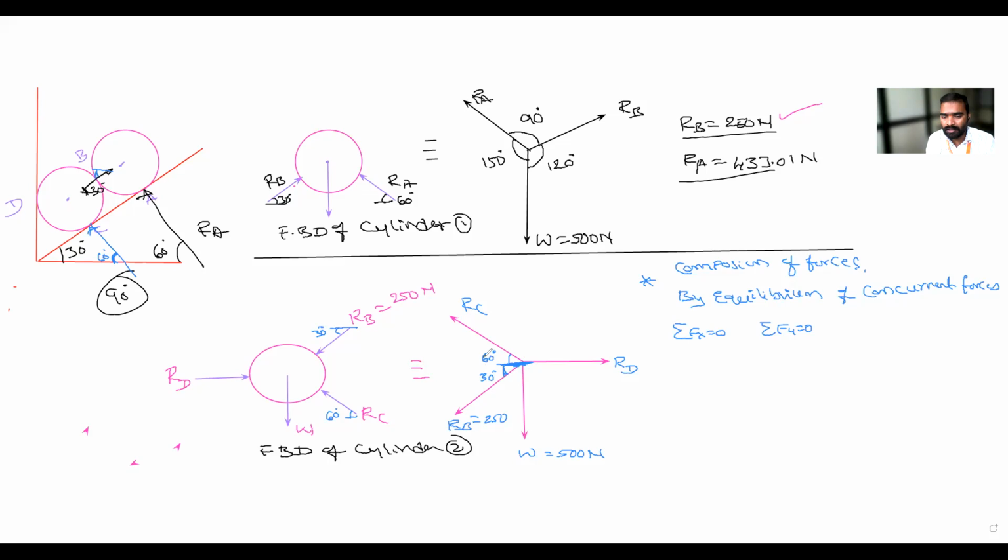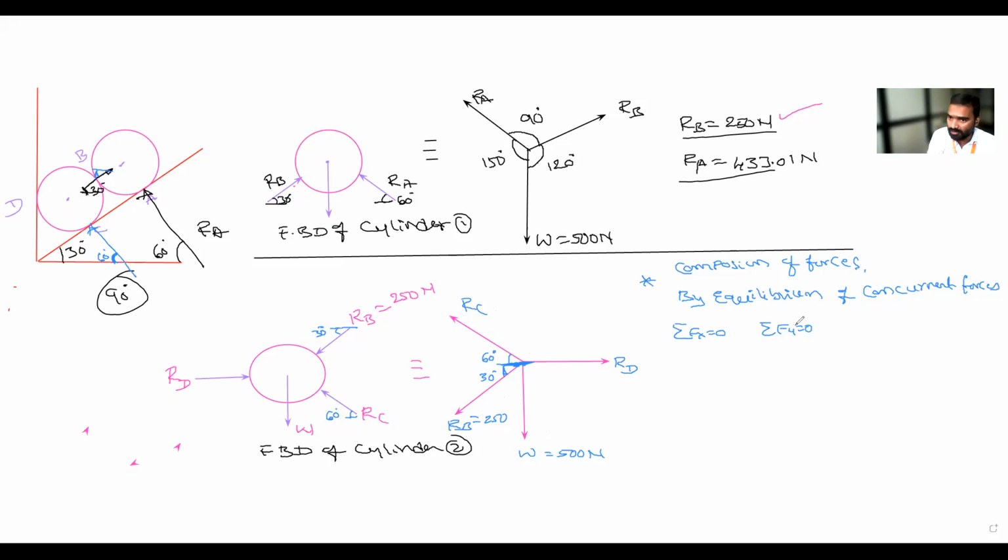इनमें से कौन कौन सा अननोन है? RD is unknown, RC is unknown. Means there are 2 unknowns. वो एक ही इक्वेशन से फाइंड आउट नहीं कर सकते. Next coming to the sigma Fy. सिग्मा Fy में कौन कौन सा आता? RB, you will get RB is known, W is known, and RC is unknown. You can get RC value.